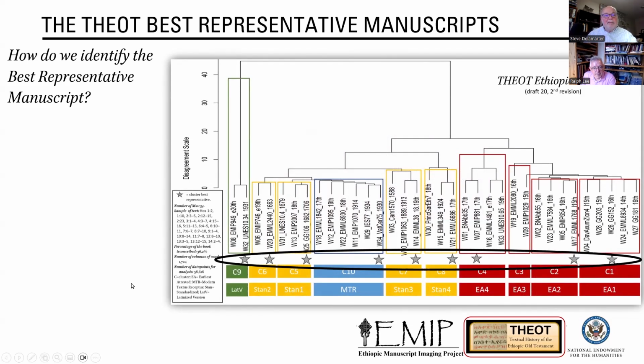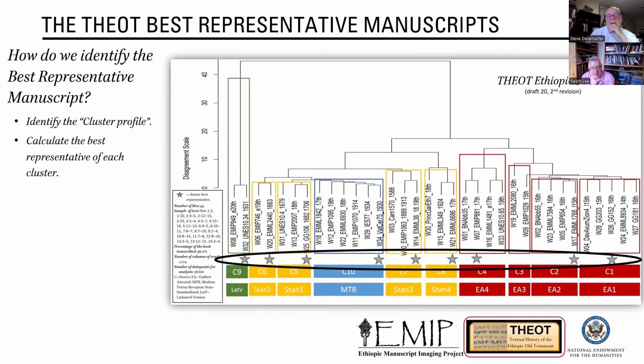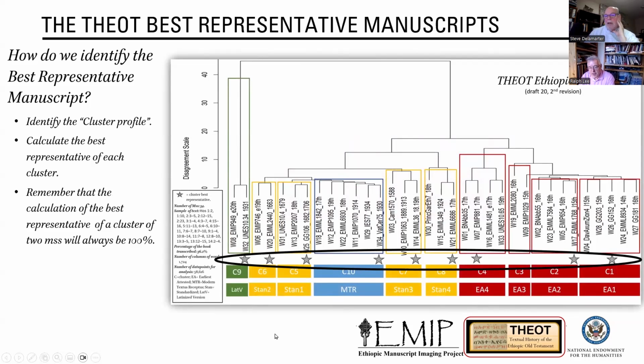Back to you, Ralph. Okay, so again, summarizing, what are we doing to identify the best representative manuscripts? We identify the cluster profiles. We calculate the best representative of each cluster. We need to understand 2 further things to really get the foundations of this concept. First,